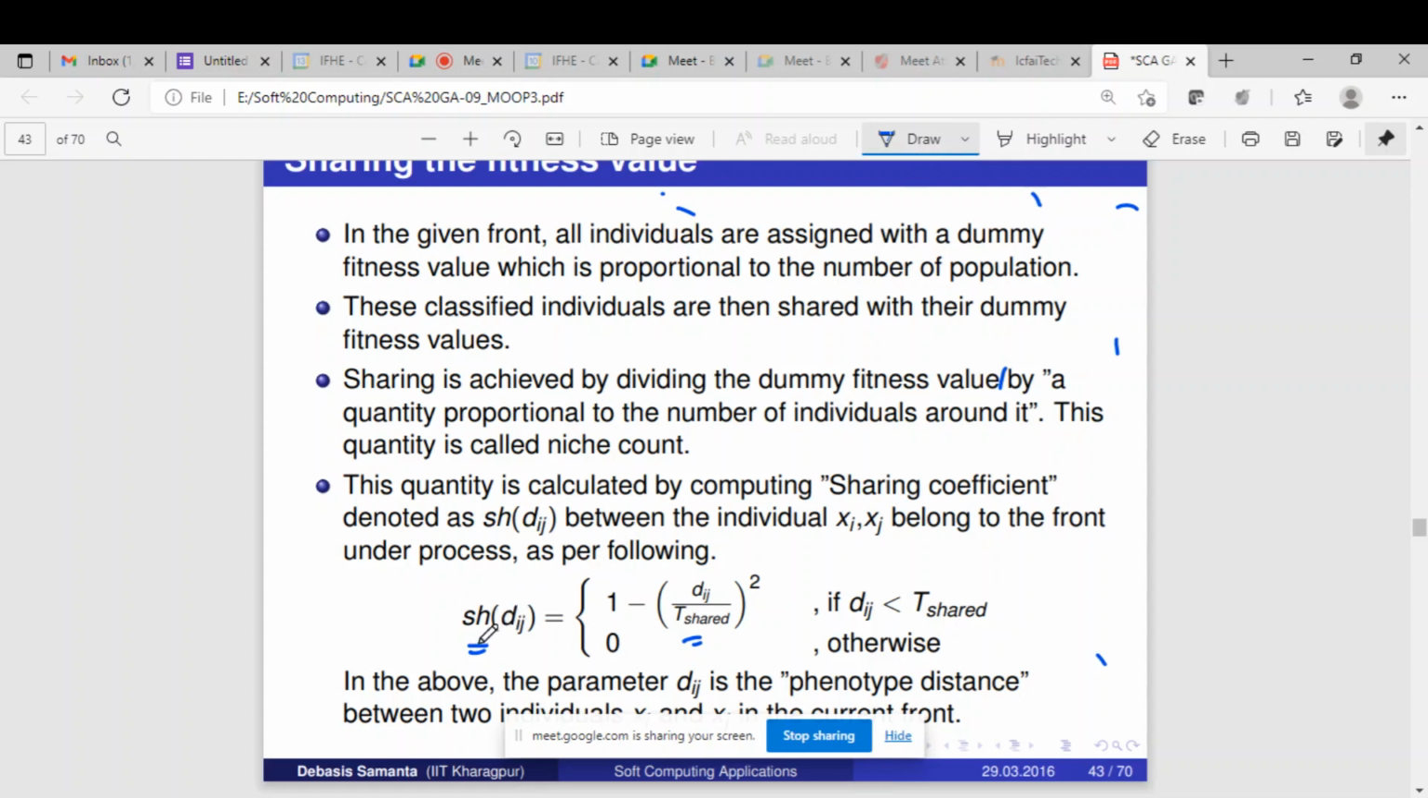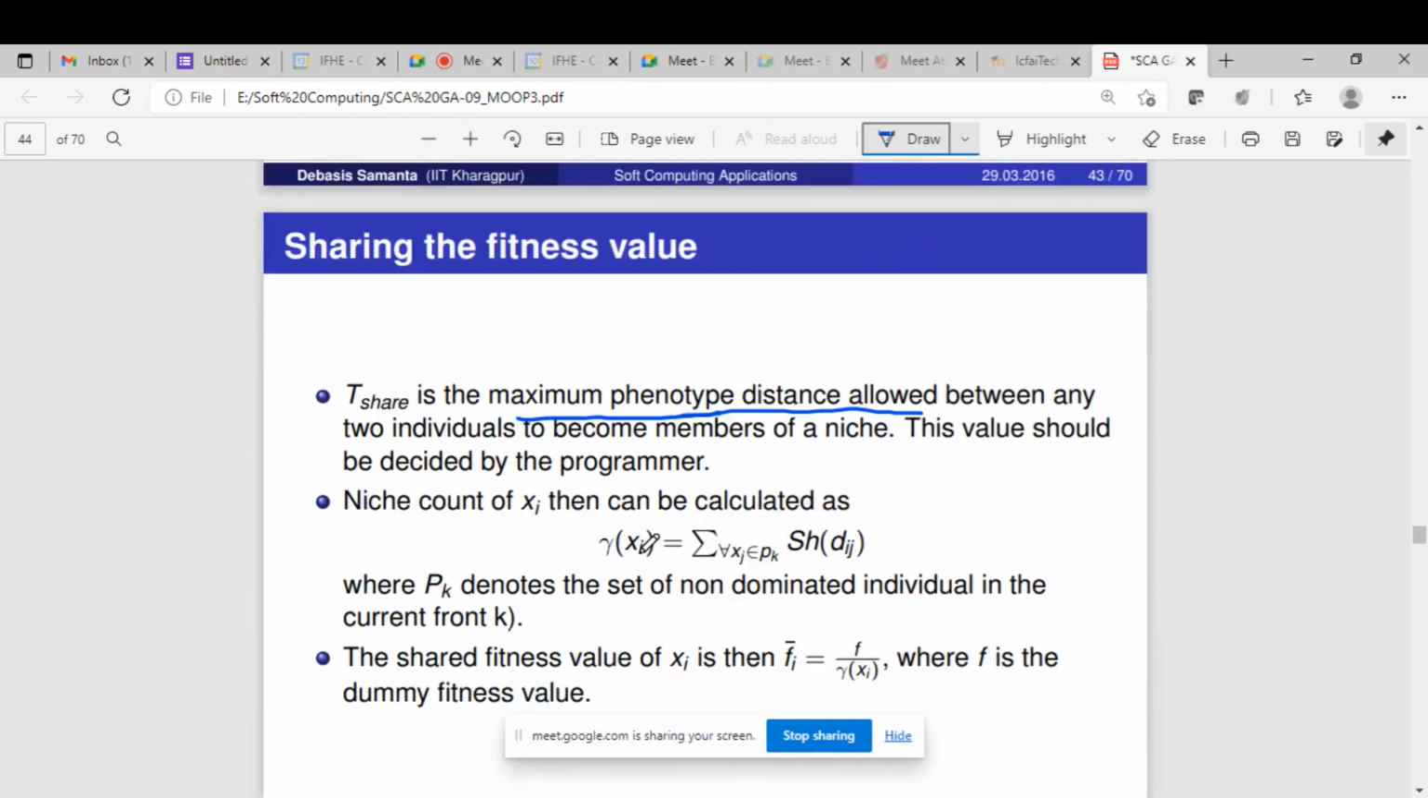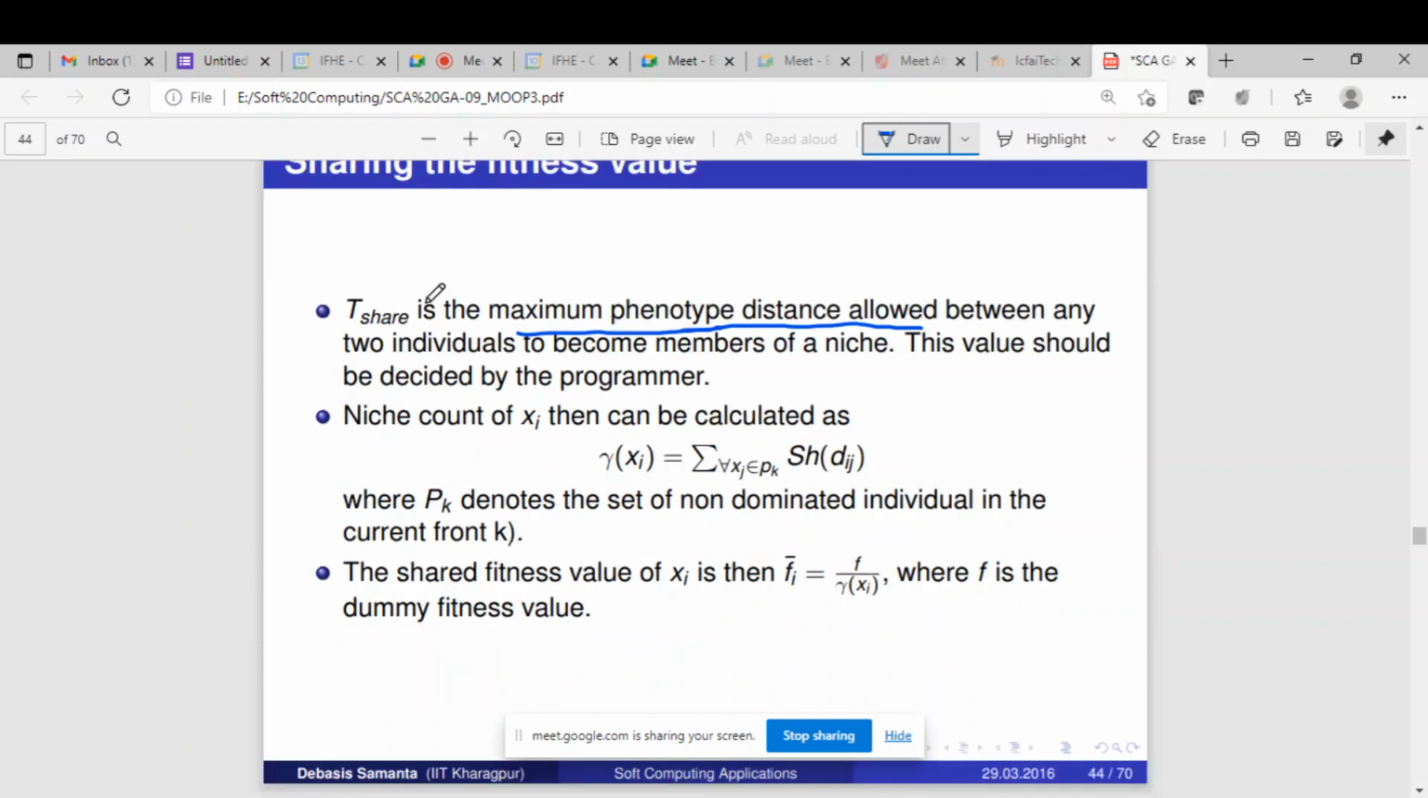So we have to identify sh of dij for all the combinations. We'll keep it separate. Once this is identified, then we will calculate something called niche count. This niche count we are going to calculate for every solution. So xi is one solution. For every ith solution we are going to calculate the niche count. So this niche count we are representing as gamma. Gamma of xi is equal to